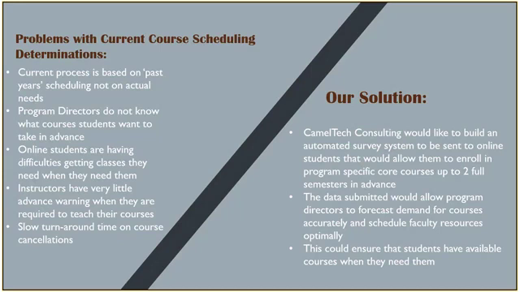So if only a few students had signed up for a course, then there's not enough to keep that course open and they end up canceling it. Then they'd get a slow turnaround time and they might not be able to schedule for another course if another one that they need isn't open, so they'd end up only having a few classes and losing one that they might have scheduled for.